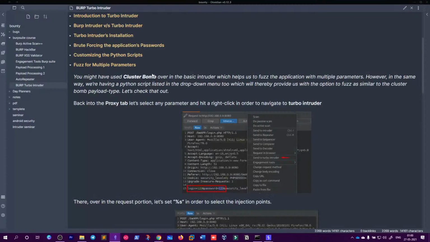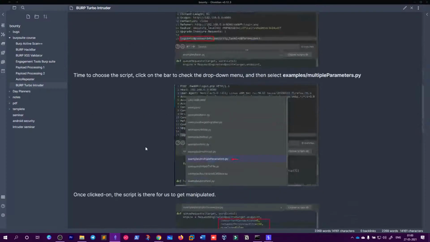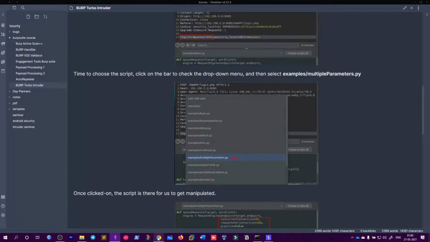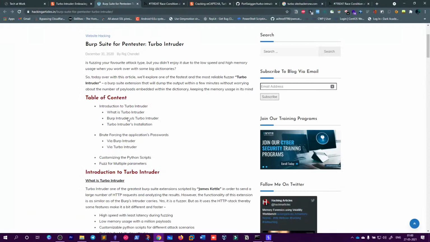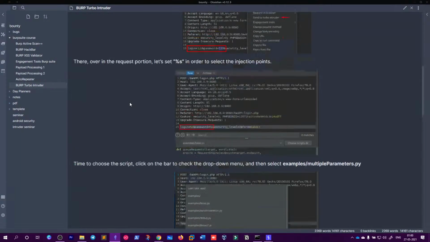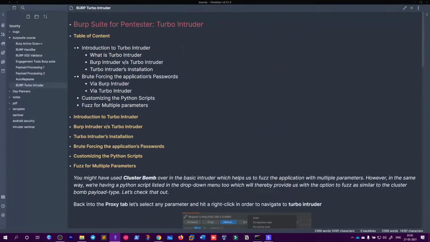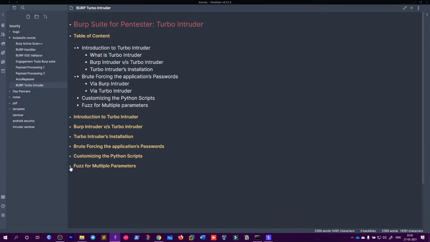So I think we have explained. The same article is showing here. I will also recommend you read this whole article, it will help you a lot. So that's all for Turbo Intruder now. If you have any questions for Turbo Intruder, you can ask me in this video. We will also be dropping lectures about Turbo Intruder, because